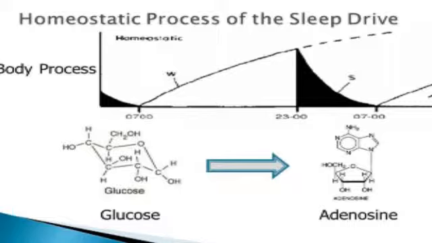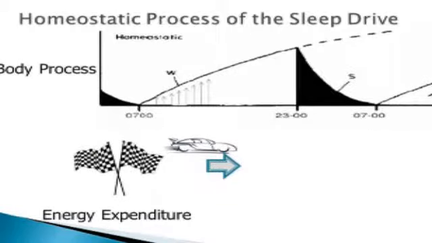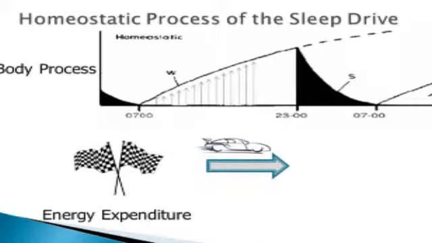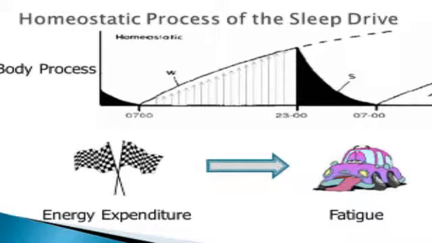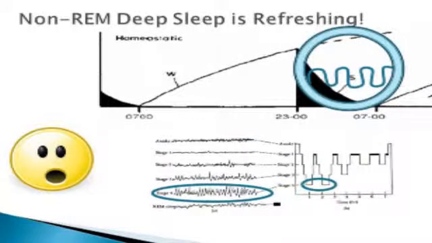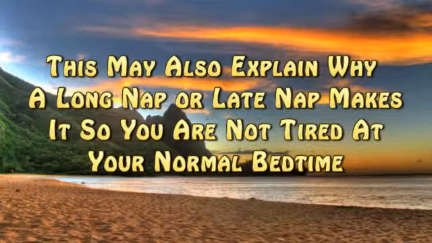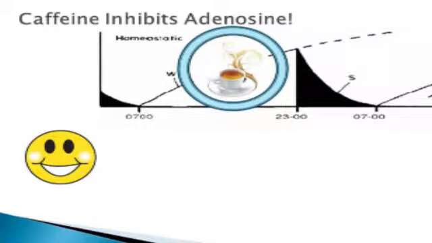The name is not important. The concept is that as the day goes by, you continue to accumulate this waste product, and it makes you feel fatigued, yawn, sleepy, tired. And that's why it's hard to stay up past a certain time. Now, an interesting tidbit is that the adenosine that causes our fatigue is actually washed away in that first part of the night with our deep, slow wave sleep. Another interesting tidbit is that caffeine actually inhibits the accumulation of that adenosine, of that waste product that makes us fatigued. And that's one of the ways that it works.